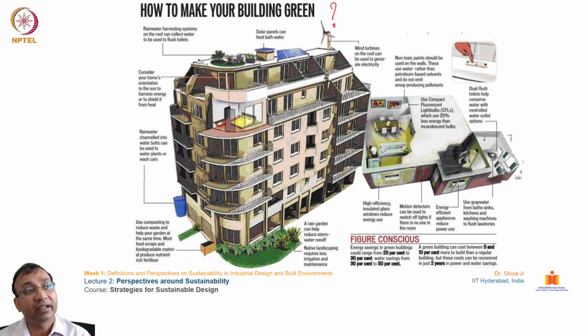A terrace garden is a strategy which reduces the overall heat component, because all of these building surfaces, the concrete, brick and other materials, generate heat. They trap heat, and they radiate heat at night. So overall, the large number of buildings situated in any given city create a phenomenon called UHI, the urban heat island effect.